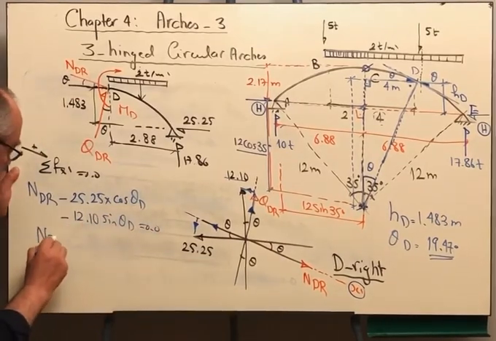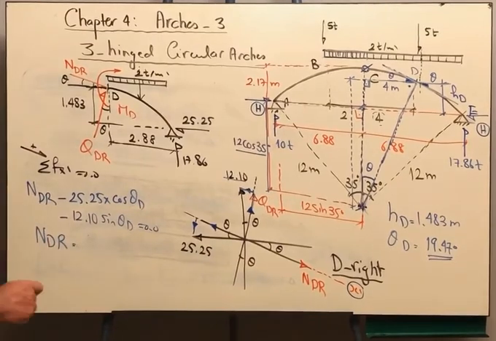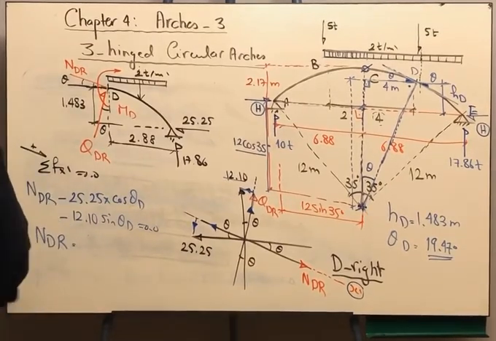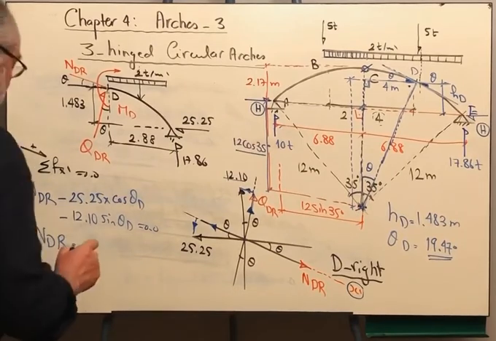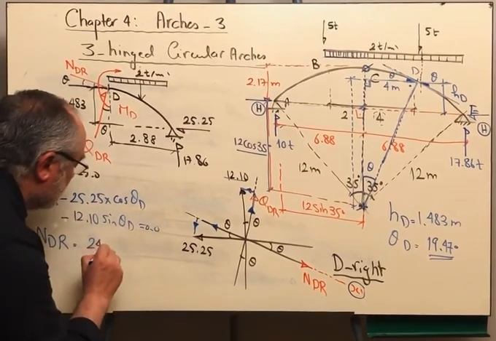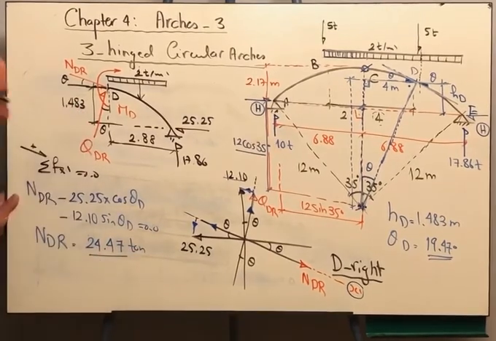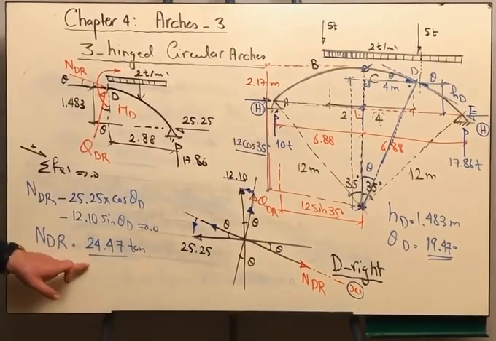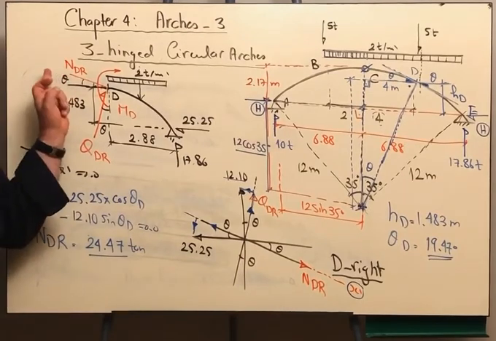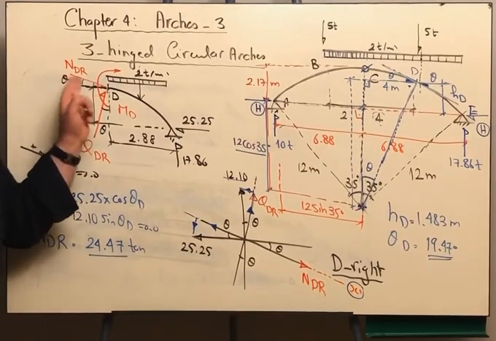From there, N_DR will be equal to 24.47 tons. Now this number is positive because we assumed in the very beginning that the normal force is compression,